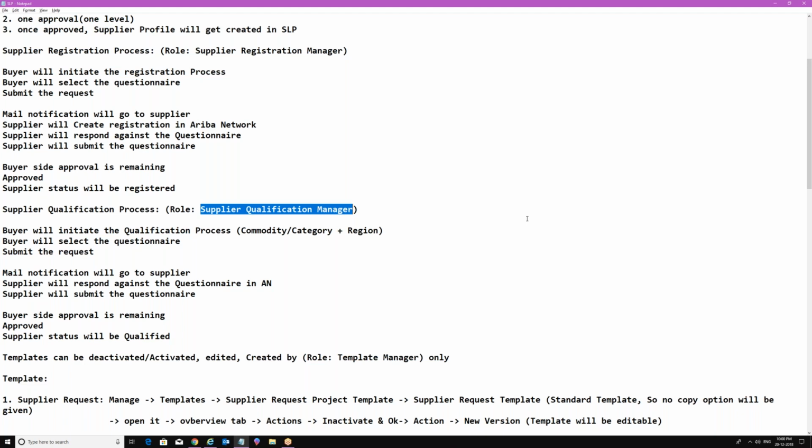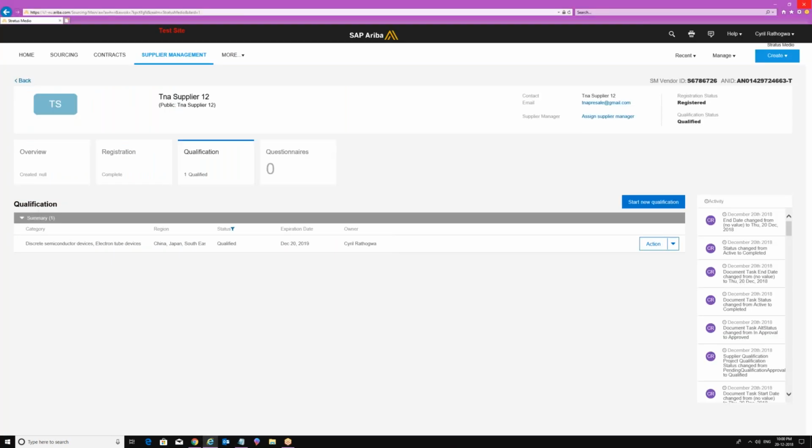So Ramya, any question on this part? No, I don't have any questions. So are you able to get when we are going to use the supplier qualification process? Means in certain categories, certain companies or certain buying organizations only we will use qualification. For the rest of the companies we are not going to use the qualification process. Is it clear? Yeah. Okay, so no issues on this part, Ramya.